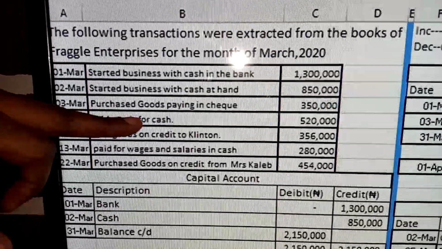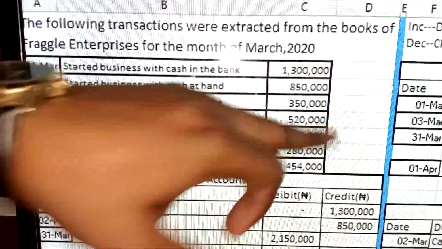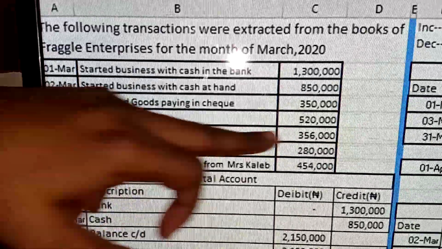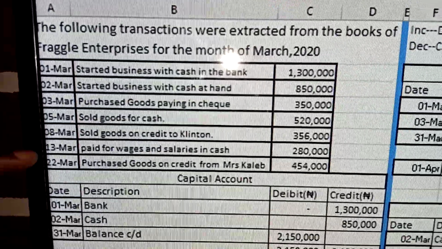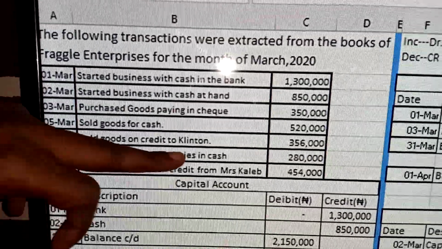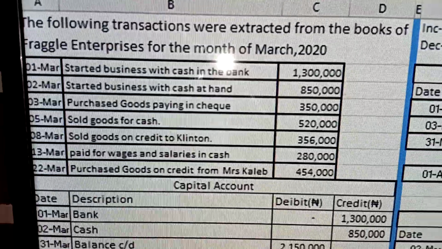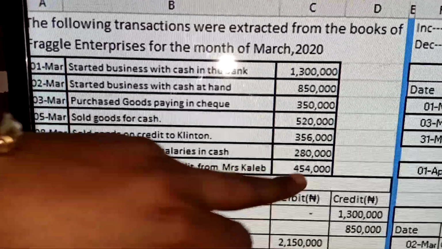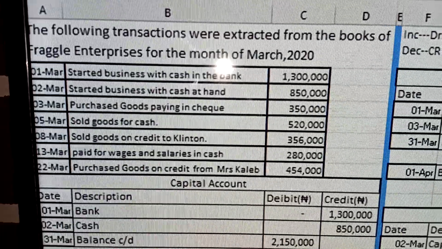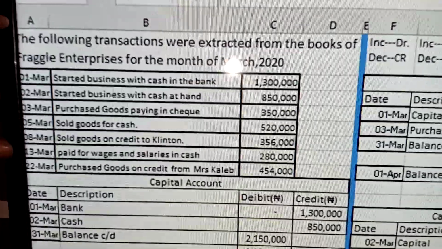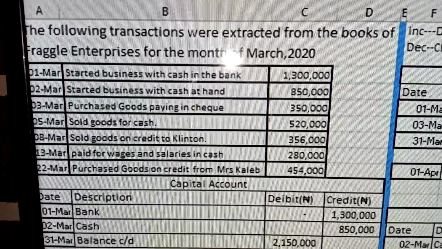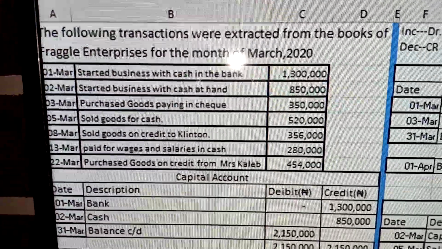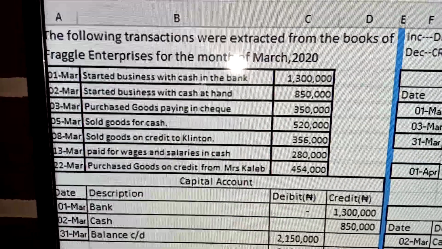5th of March, sold goods for cash, 520,000. 8th of March, sold goods on credit to Clinton, 356,000. 13th of March, paid for wages and salaries in cash, 280,000. 22nd of March, purchased goods on credit from Mrs. Caleb, 454,000. Now, these are the transactions, and we are expected to identify the items in this transaction, whether assets, liabilities,